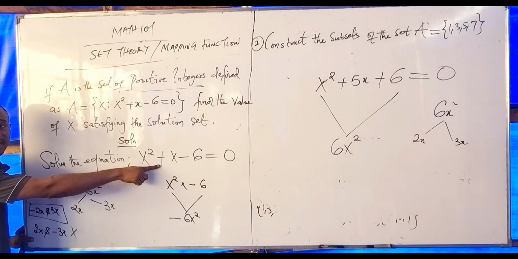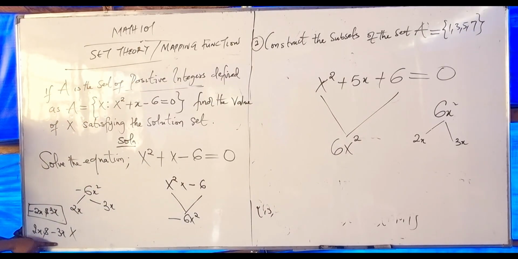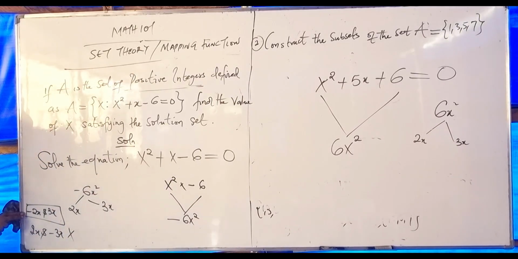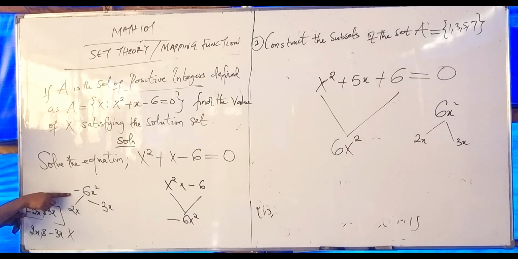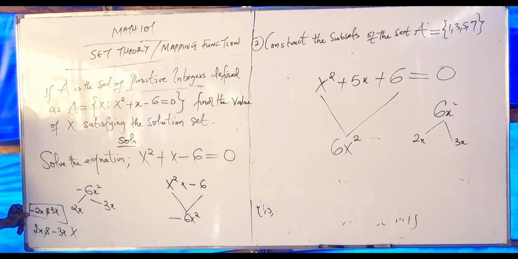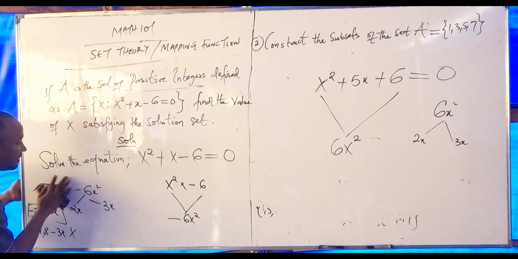But here we have what here? Plus x. Although minus 3x times 2x will give us what? Minus 6x squared. But minus 3x plus 2x is not equal to plus x. But in this condition here, minus 2x times 3x is what? Minus 6x squared. But minus 2x plus 3x is what? Plus x. Is that not so? So that means that by factorizing this,